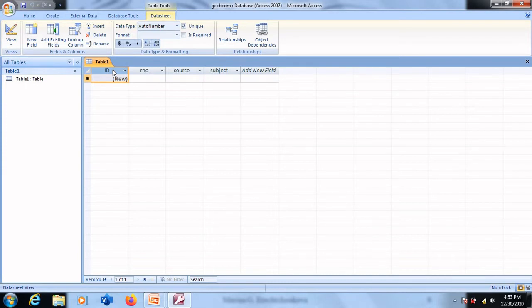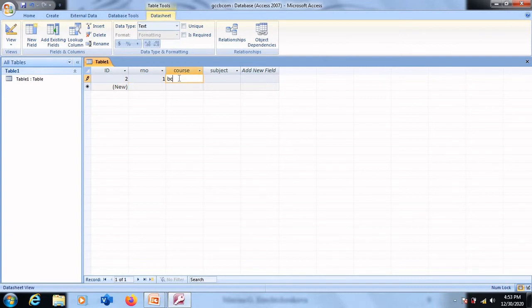We should have any such data in a single row of any table. Keeping that rule in mind, what MS Access does is it creates one column automatically and it keeps on updating the number. For example, when I add 1 here, 1 will be updated here.